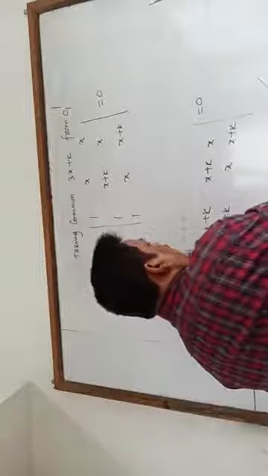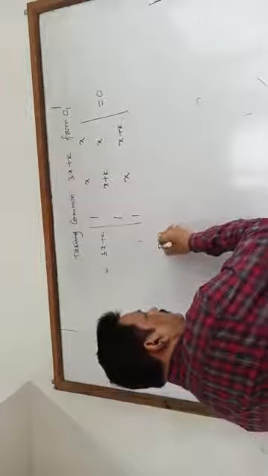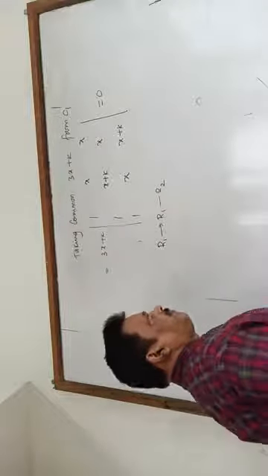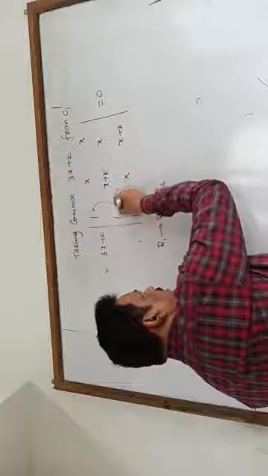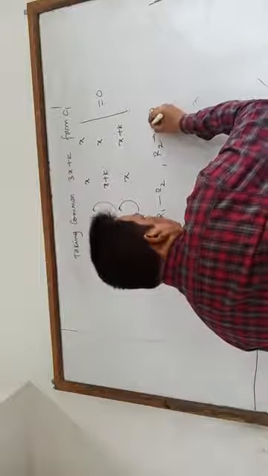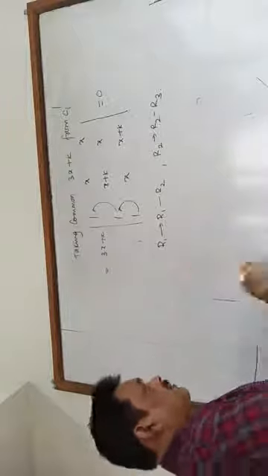Now you can write row 1 as row 1 minus row 2, and row 2 as row 2 minus row 3. Then I will get